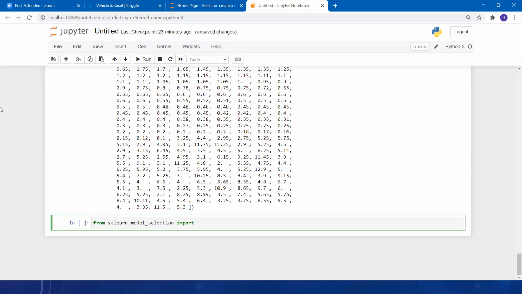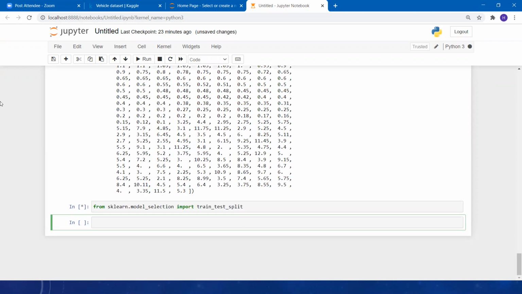We are going to import train_test_split. We say our training data x_train, and after that we need our test data as well, similarly for y, y_train, and we need our y_test.